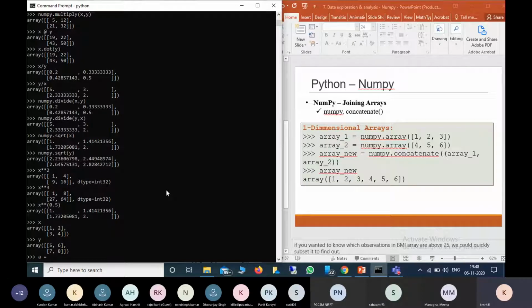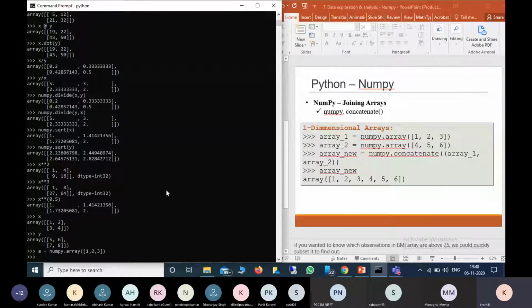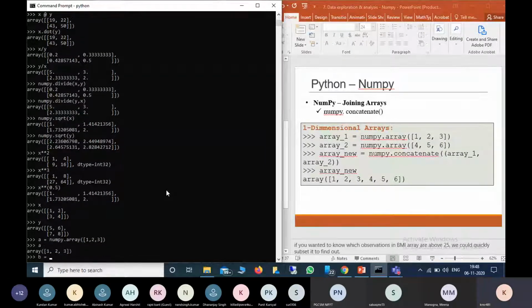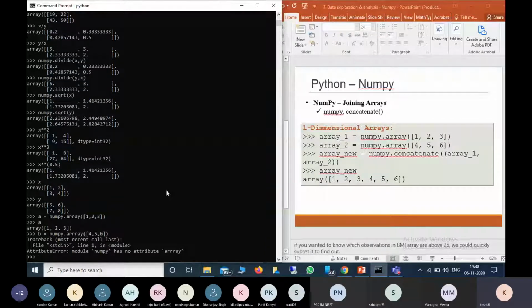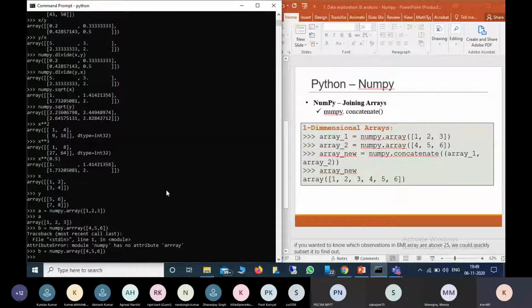For example, a equal to numpy dot array 1 2 3, and b equal to numpy dot array 4 5 6. So b is this one.